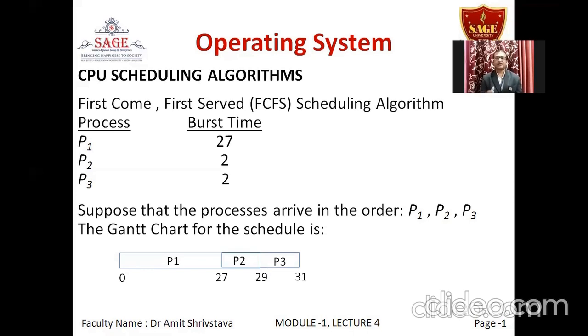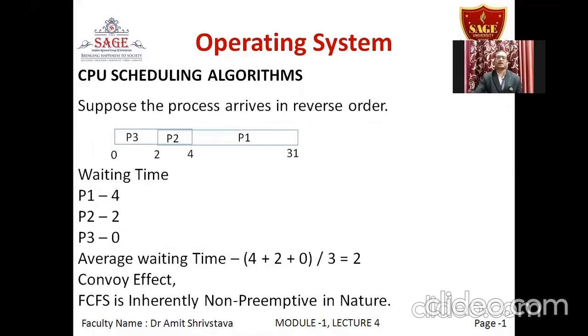It means it will depend on the sequence of arrival of these processes how much waiting time the system will require, right? So this kind of effect is visible only in this first FCFS scheduling algorithm, that is, first come first serve scheduling algorithm, and this effect is known as convoy effect.